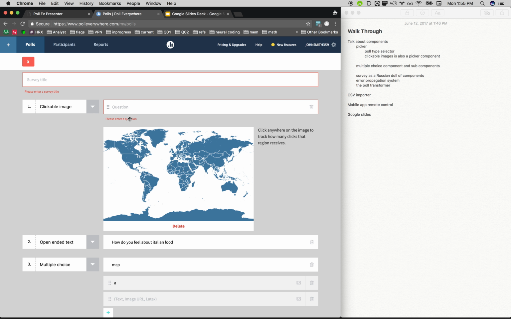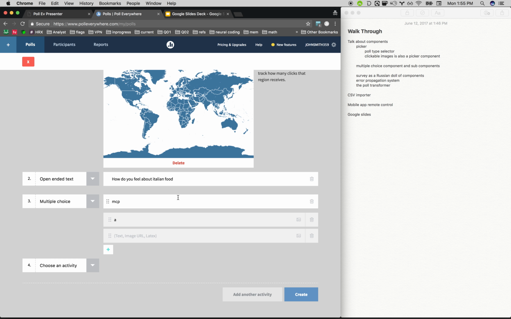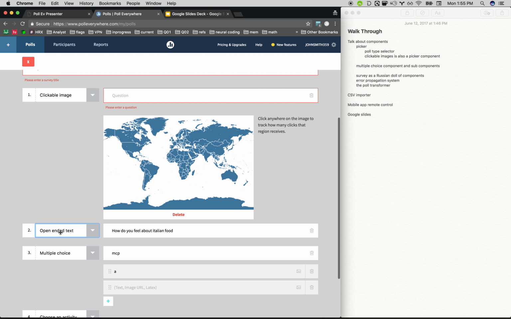So making sure all these errors propagate correctly and none of them get lost is something I had to work out. These cool little drop-down menus are cool. The model behind them is like a pole switcher. We call that a pole transformer, but we have these different models that represent these different poles,